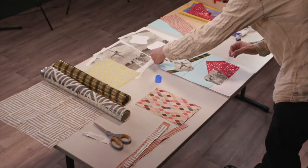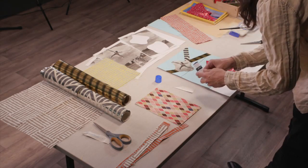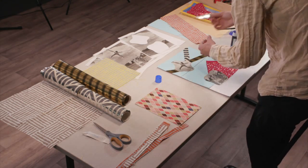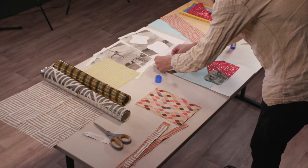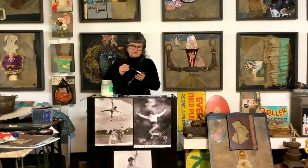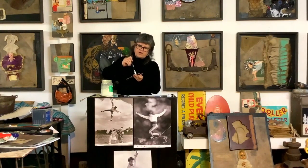I'm going to put a little bit of this colour fabric on. Put a little bit of glue. And you don't have to use collage on this bit. If you'd like to use paint, you can use paint,